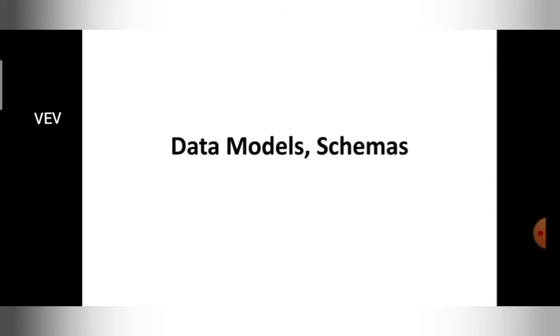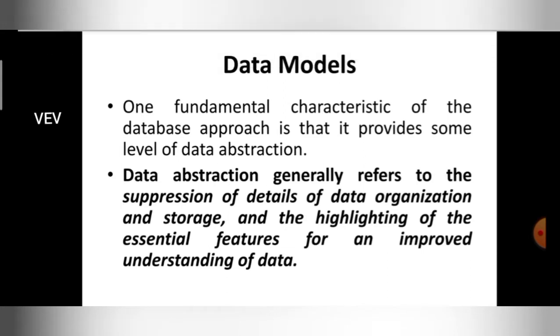So let me begin the explanation of data models and schemas. To understand what is a data model, first we need to understand what is a data abstraction. Data abstraction means here I am going to consider only the details that are needed and I am going to hide the details that are not needed. Very simple. Data abstraction means I am going to consider the details that are needed by me and I am not going to consider the details that are not needed. I am going to hide the details that are not needed.